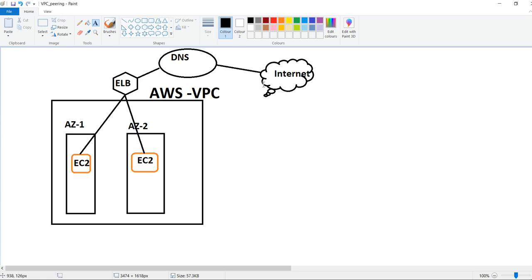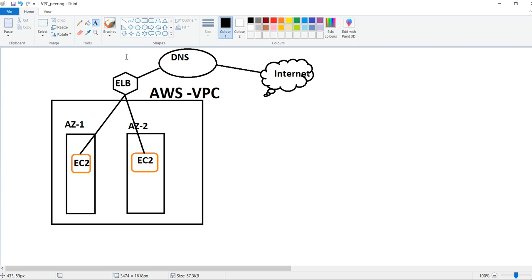Whenever they fetch from the internet, it will first go to the DNS provider. This we will also see when we discuss DNS, how to purchase domains, and what hosted zones are, and we will create them also. So it will first hit the DNS, and DNS will redirect to the load balancer, and from the load balancer we will fetch backend data from the EC2 machines.